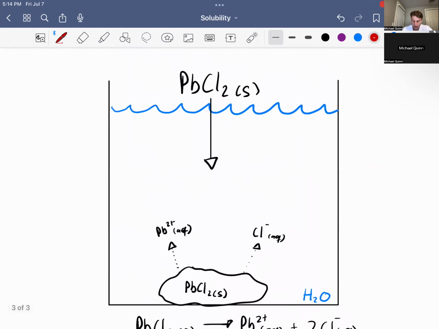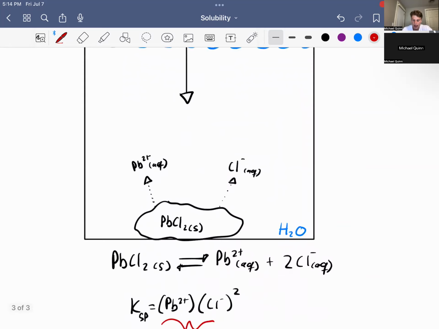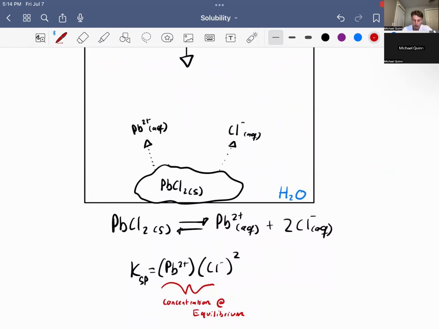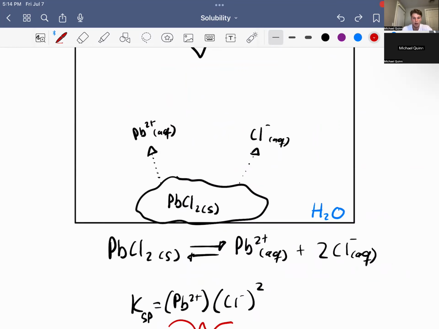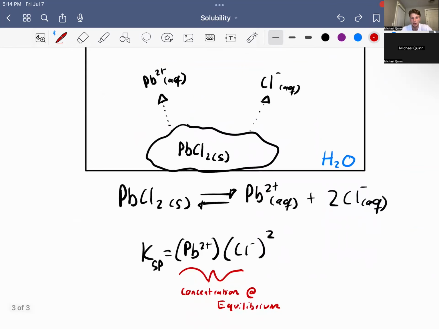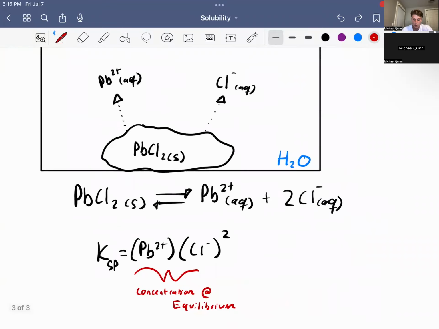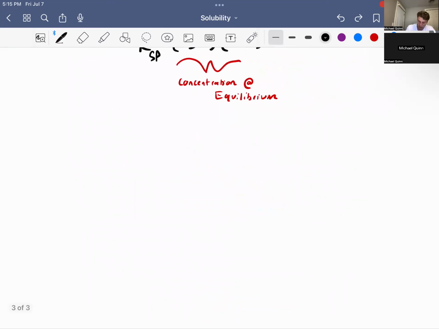So when this lead chloride is first dropped into this beaker of water and it has not had any time yet to dissolve either lead or chloride, this reaction will not be at equilibrium. It will not have dissolved enough lead or chloride to get to the equilibrium concentration of those two ions. So what we can do for when we are not at equilibrium